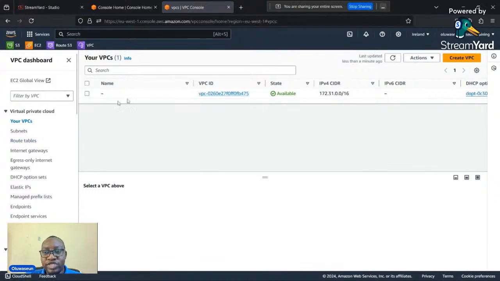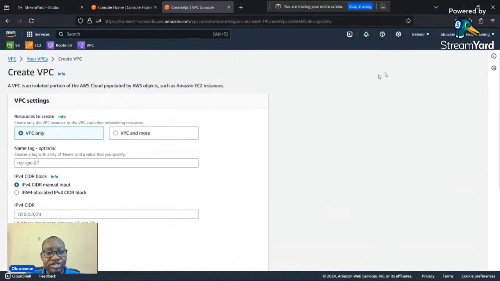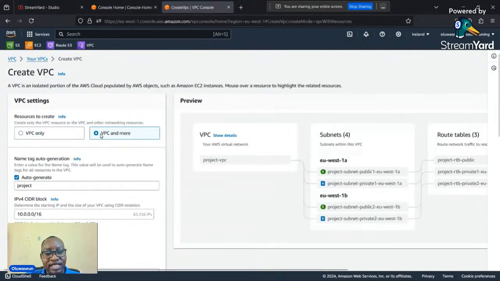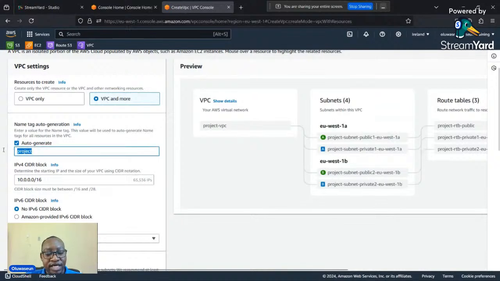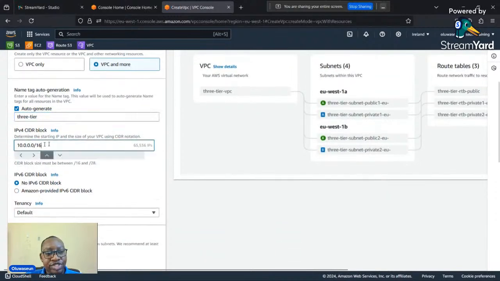So what we're going to do is create our own VPC. I'm going to click on create, and to make the process a bit faster, to make sure that things are done very quickly without wasting too much time, I'm just going to click on VPC and more. And I'm going to give it a name. I'm going to call this 3-tier,